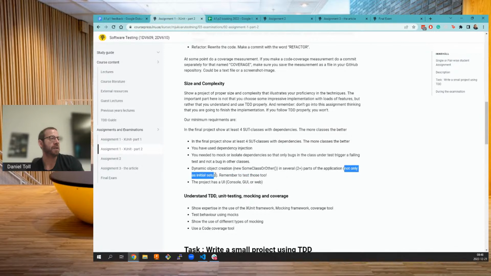Not only initial setup is to not only create instances when you're starting up in the main method, for instance. Okay, I want the project to have some user interface. It could be any user interface: console, graphical user interface, or web application. And this is to be able, if you're working with some